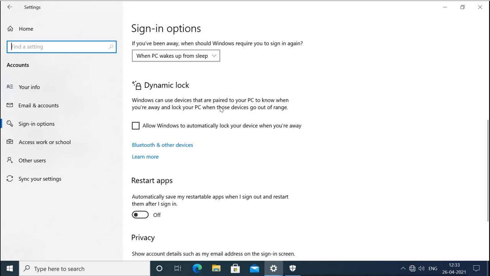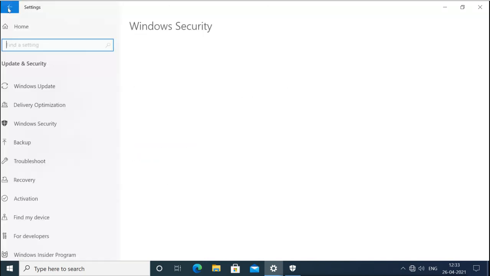You can open it by using the password. It is just a lock. So it will lock your machine, assuming that you are not around and you have gone away. So mistakenly, suppose you have not locked your machine and you just go away for something, nobody can access your device because it will automatically lock itself. That is the security feature you have with Dynamic Lock.